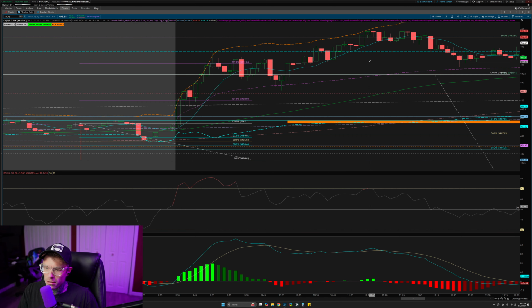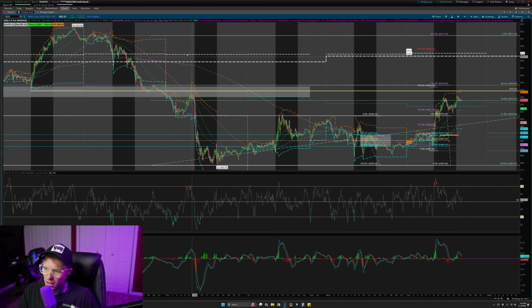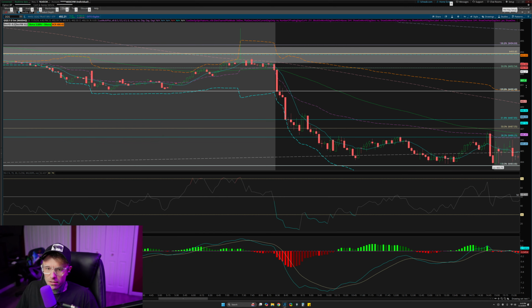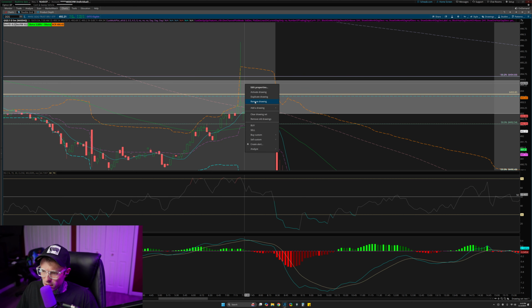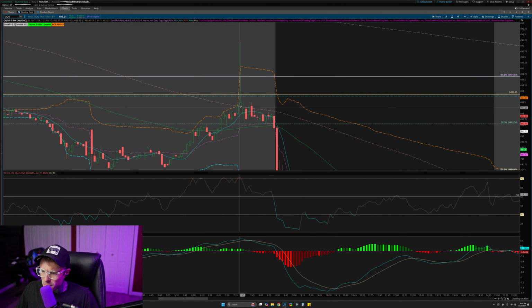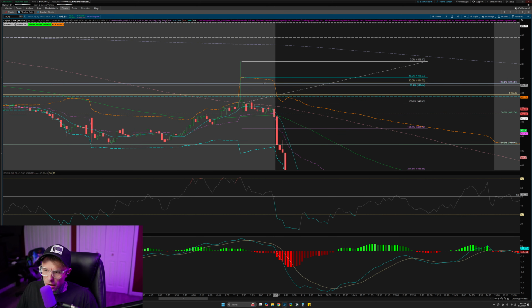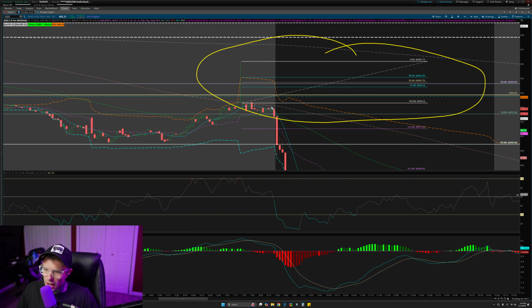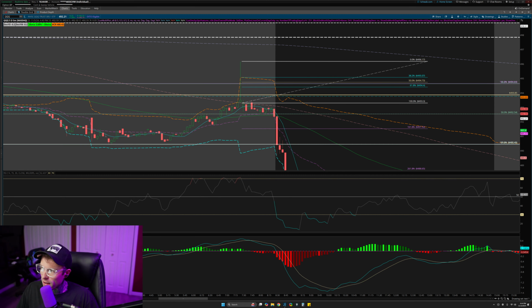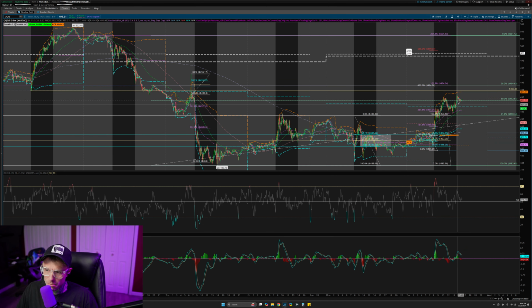So let's talk algorithms in a couple different ways here, because these I only use with Fibonacci's. Okay, so here's the top side algo. It's another example where we got one of these fancy ghost wicks with a small body, cannot be a full bar. What I'm going to do is point it to the downside. This is the one I was talking about, the one that I had just seen where there's no action in the fib box, okay? Fib box here, no price action came into GP before it dropped, which means we have a wide open algo with no price action inside. That is insane to me. It never, ever, ever happens. Obviously, anything happens in the market, but very rare.